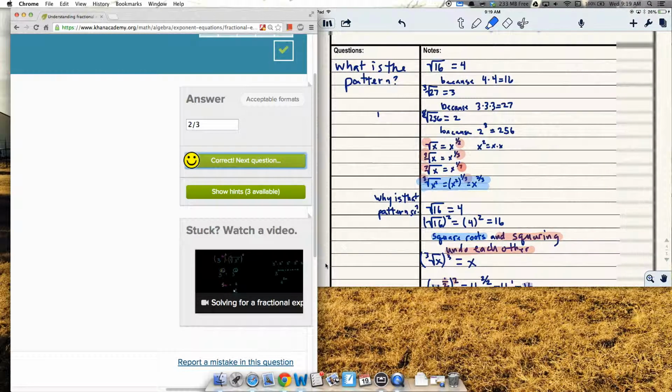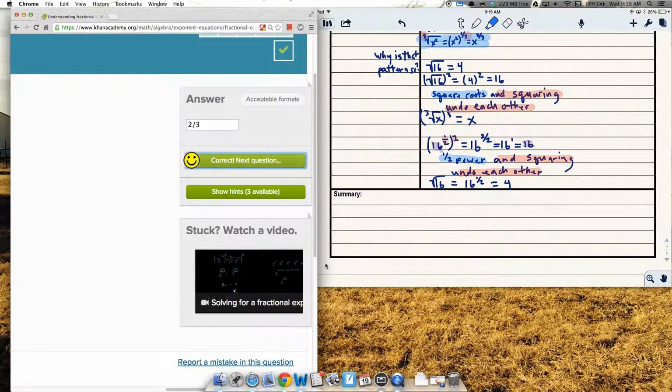So at this point, you're going to want to take a couple minutes and write a summary. Really focus on that so that you have a good sense of why this happens and what pattern you need to look for. Because when you do that summary, you're laying down memories that help you with the